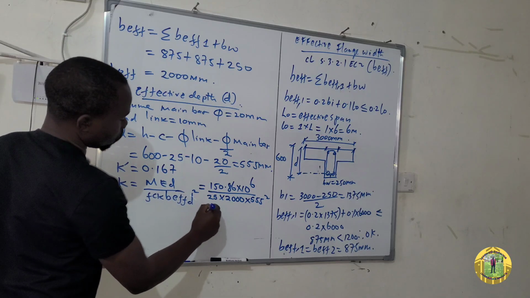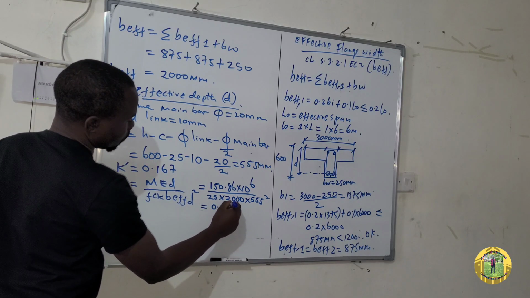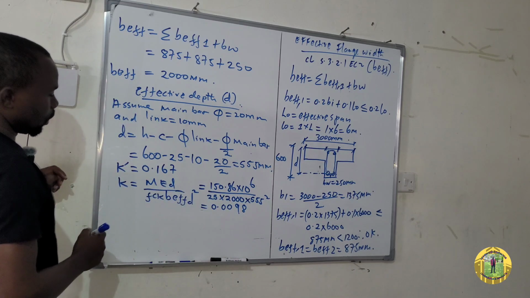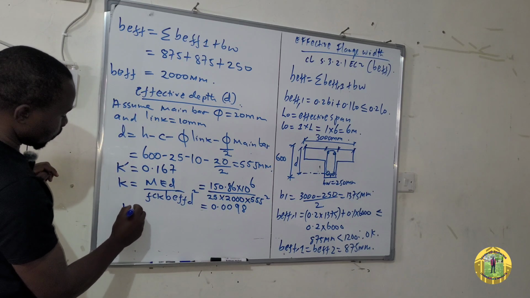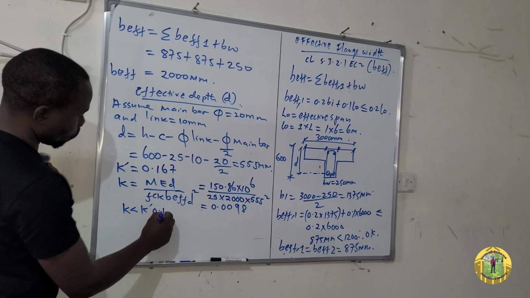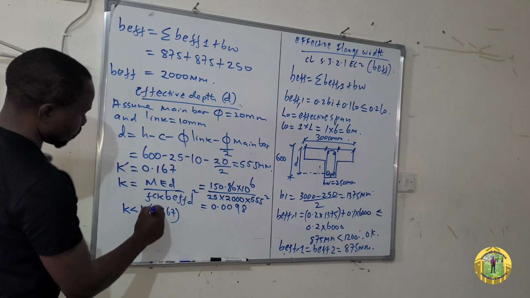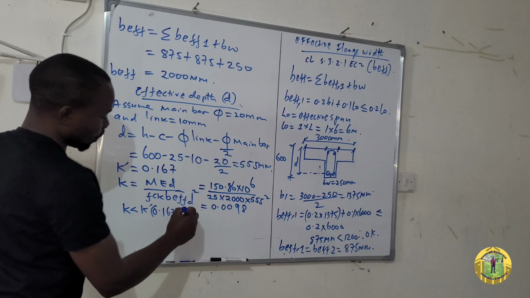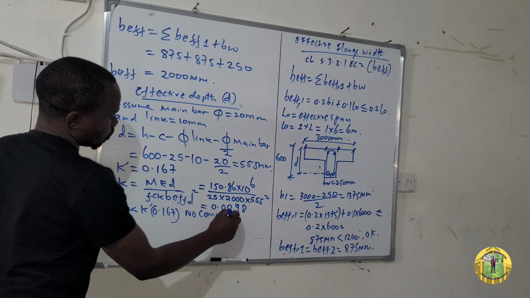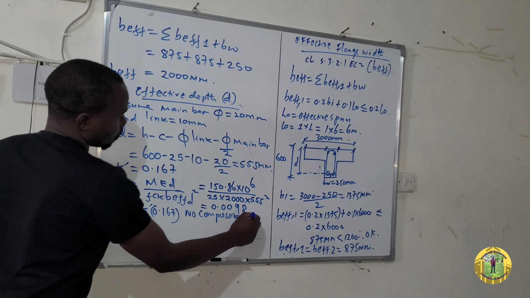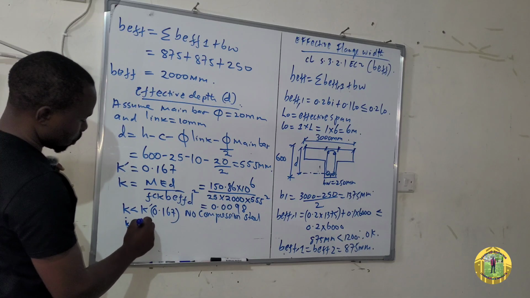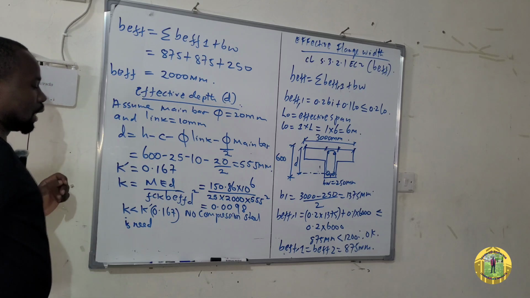So this one is equal to 0.0098. So this is K. Therefore, K is less than K prime, which is 0.167. It therefore implies no compression steel or reinforcement is needed. Therefore, design as a singly